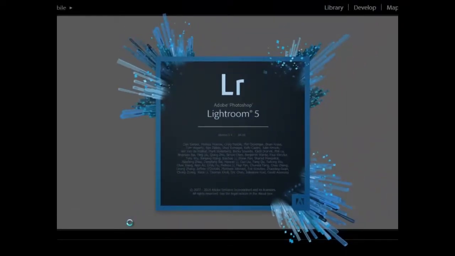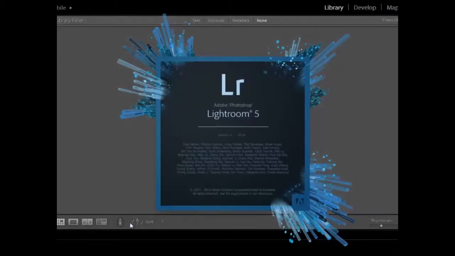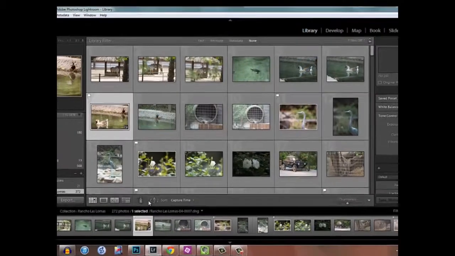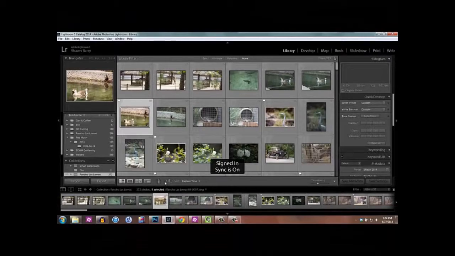For this demo, I'm going to be using Lightroom 5, the CC edition. I am a subscriber to the Creative Cloud, and so that's there. It's signing on. Okay, so once we're into Lightroom, we can go in after you've made your edits and you